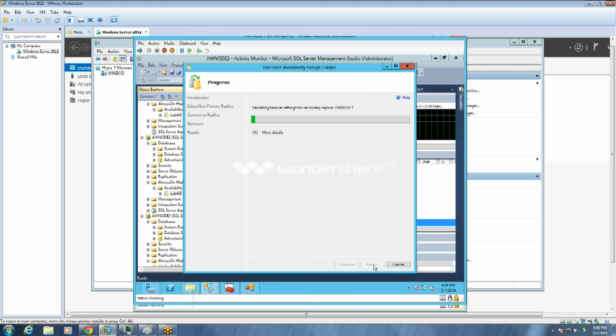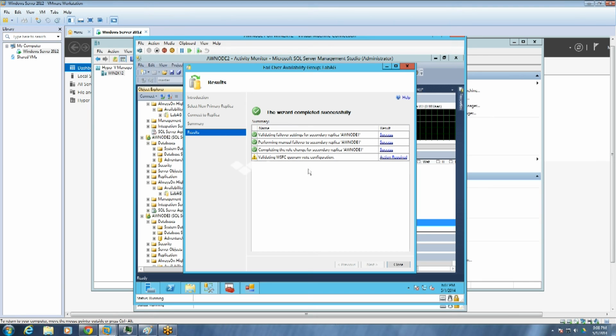Go to next, finish. So it will do all the tasks and make node 1 the primary one and node 2 again the secondary one. So these are all the steps which are used for the management. You guys should know all the steps.